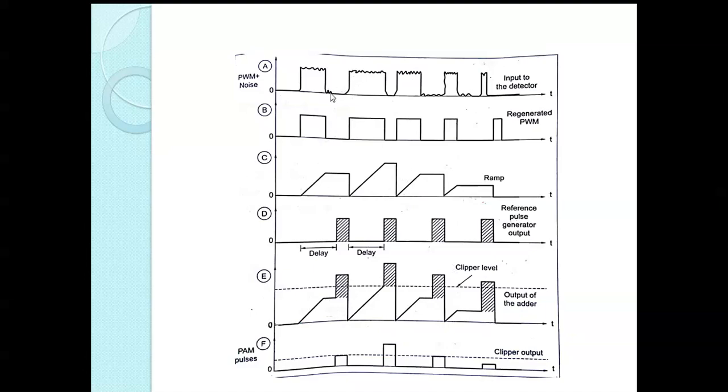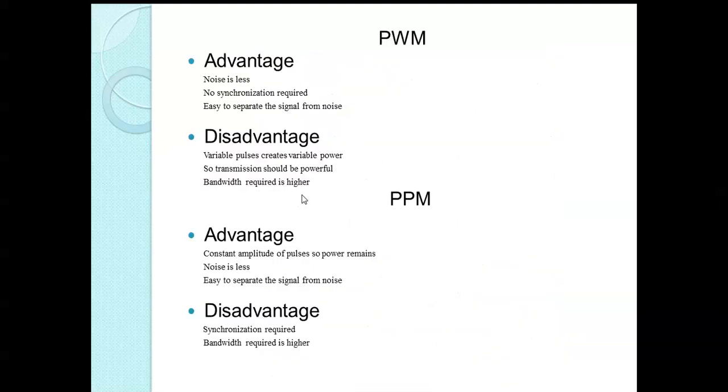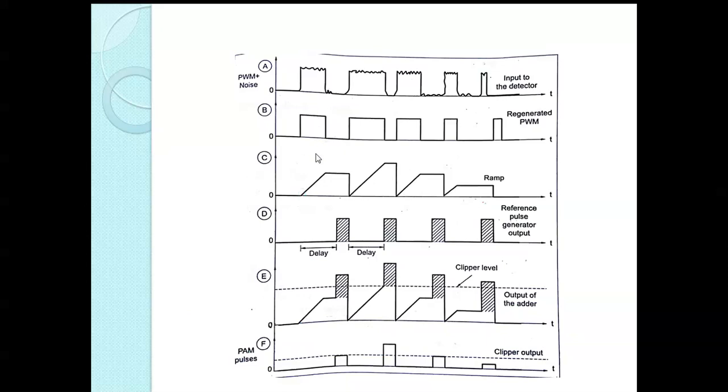I'll just tell this again. I'm having my pulse with the noise, so you can see the glitches here. After this generator, it is made into normal pulses, and after the ramp signal, you can see the starting and ending of the pulses here. It gets started here, and the negative of this gets flattened and comes here. Next positive cycle, negative cycle, it gets like this and comes here.